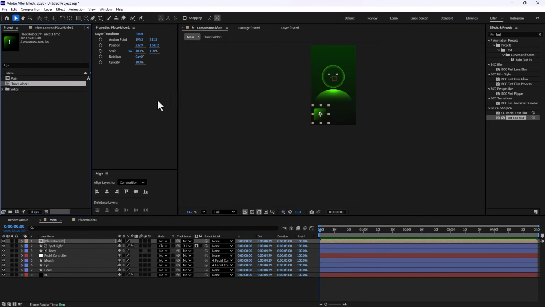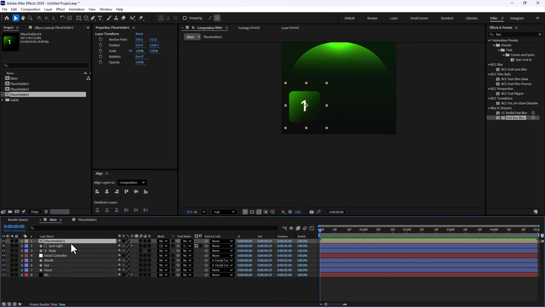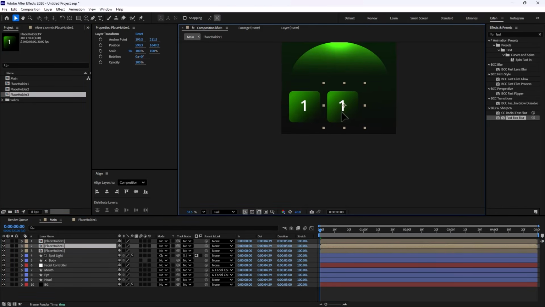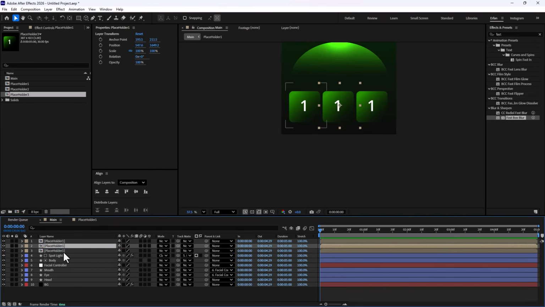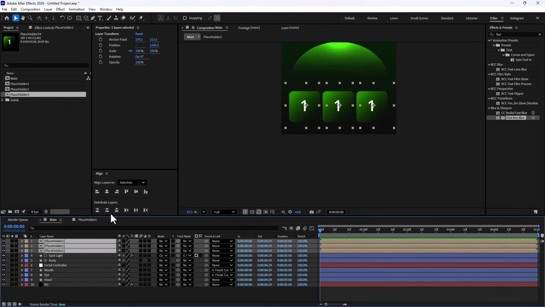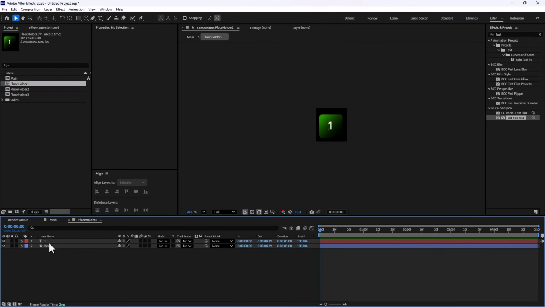Now, getting back to the project panel, I'm gonna just duplicate this placeholder twice, and then I'm gonna just duplicate this placeholder again twice on here, and I'm gonna just place them on here really quick. And then once we have this, let's just select it, use the align tool to align it just perfectly, and we have this text. Now if I just want to, for example, change this one and I change this to 2, as you can see, it will affect everything inside it. So this is why I have copied this composition twice in here.